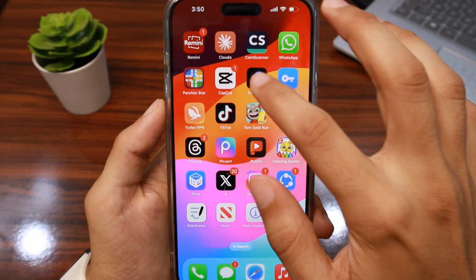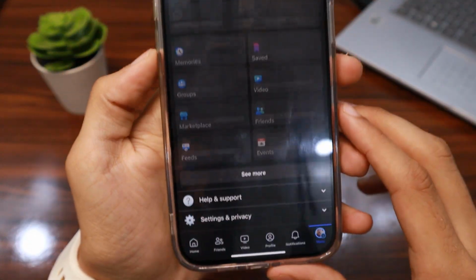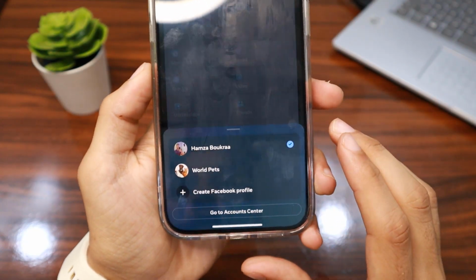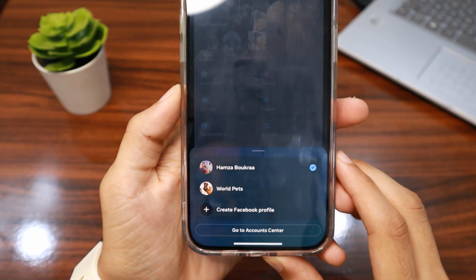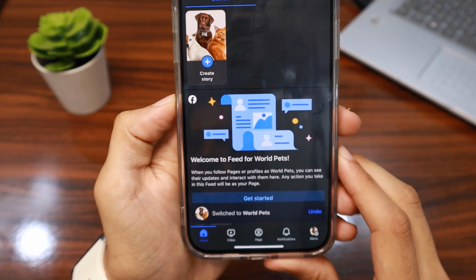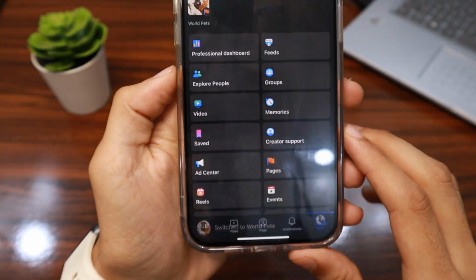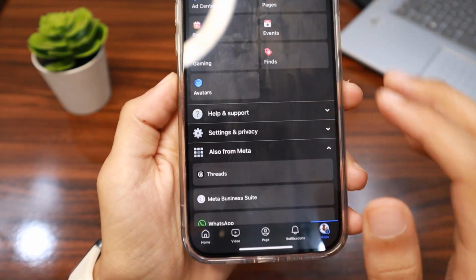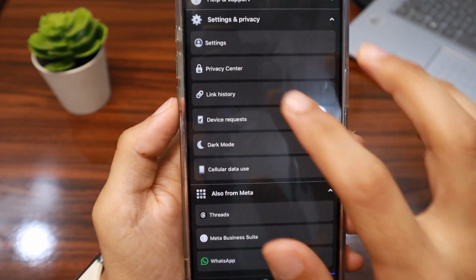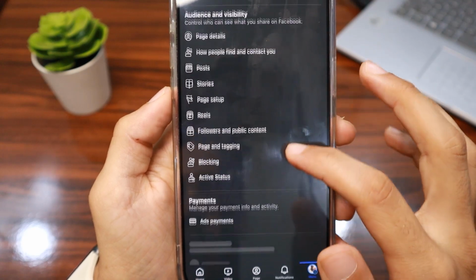So first, open Facebook, then tap menu and tap this icon and switch to the page that you want to delete. For example, I delete this page. Tap on it and then tap menu, scroll down and tap settings and privacy, then tap settings, then scroll down